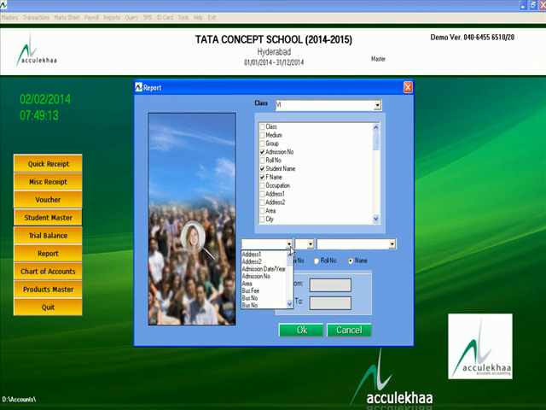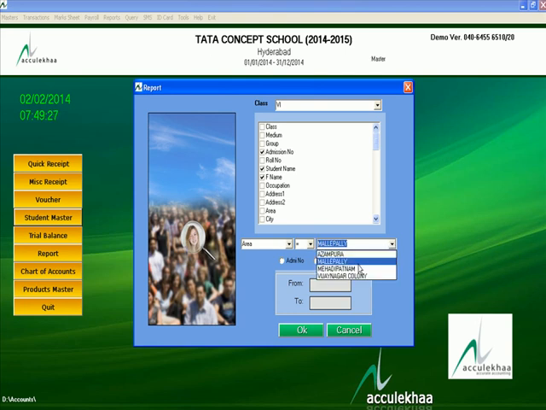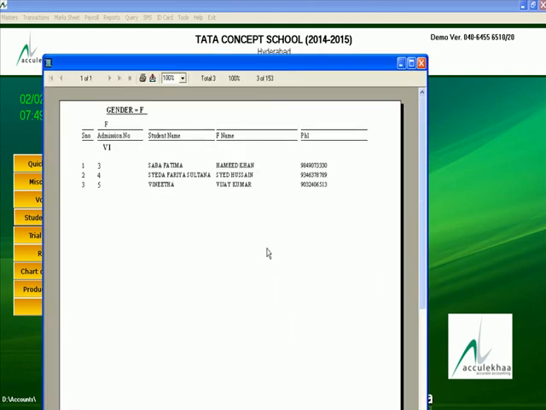You need only one particular condition, like area is equal to Mallepalli, Vijayanagar colony, or Azampura, or you need only girl children, how many girl children are there, then you can select the gender is equal to female, then you are able to get the data like this.